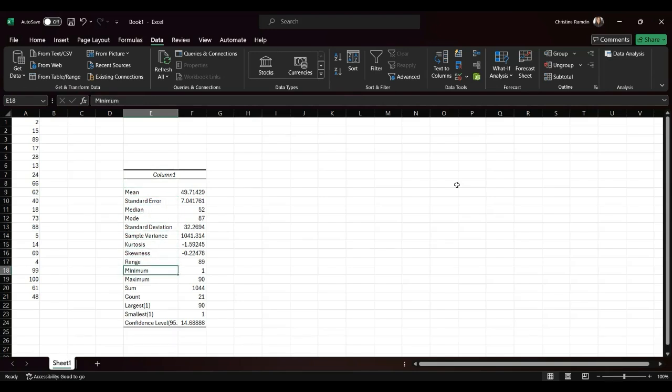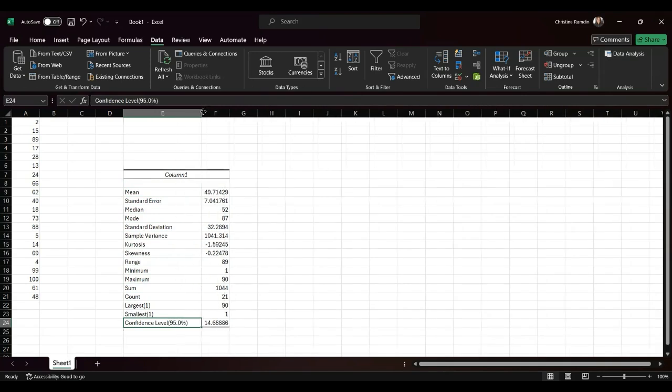One thing I wanted to bring to your attention here, we talked about confidence intervals the last time. What Excel outputted here was our confidence level for the mean. This is confidence level, not confidence interval. What I will show you how to do, though, and you'll probably never have to do this, but for understanding, I will show you how to calculate the confidence interval for the mean based off